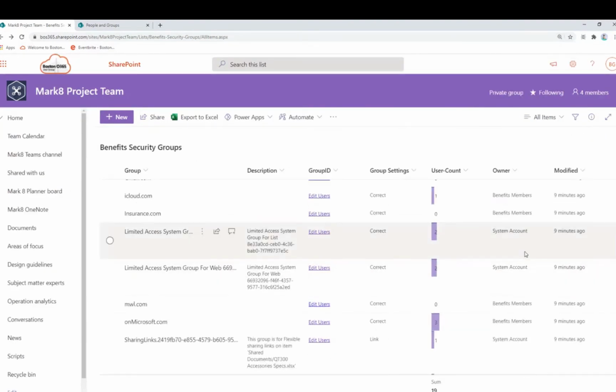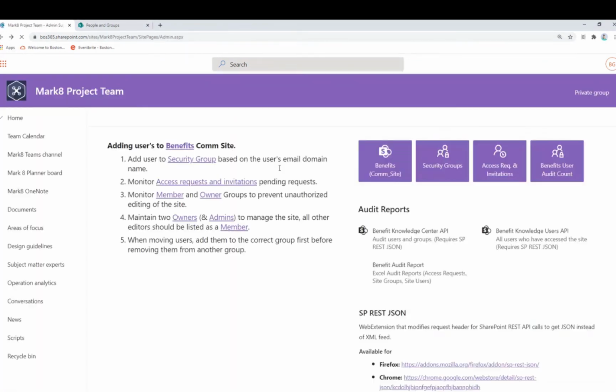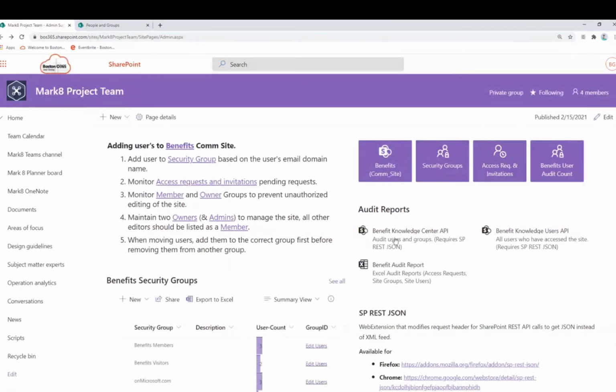And then what you can do is filter this list so you don't see limited access, and you can filter out the members groups, and you can actually get a sum that equals the guest users. I have one site where I worked with them on some filtering, and I got this number right down to the number of guest users they have if they did not put them into multiple groups. And that's where auditing comes in. So I have some site owners who actually put the SP REST JSON on their computer.